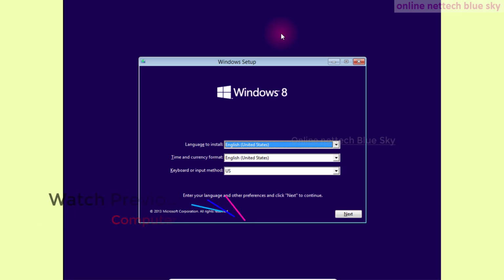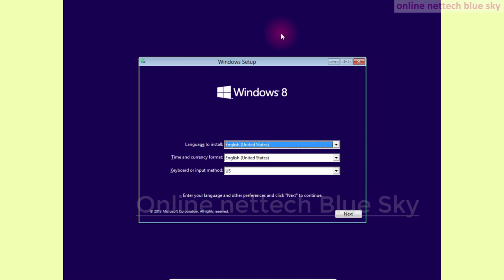and continue with my Windows 8 and Windows 8.1 related settings, and you can see here this is my setup. Windows 8.1 setup is starting the installation. I already told you that the Windows 7, Windows 8, Windows 8.1, and Windows 10 Microsoft operating system installation is the same process.